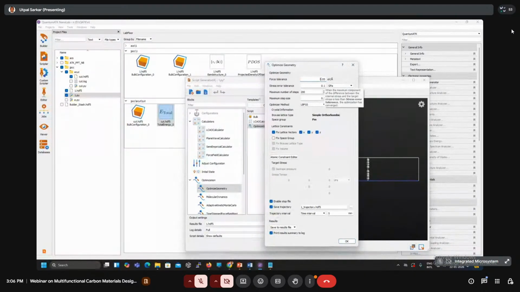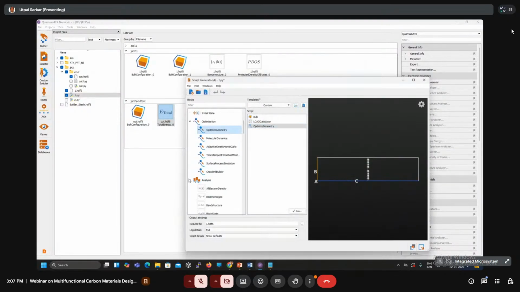So I am putting here the default values, and the one important part is you have to unfix the lattice vectors for doing the optimization. So here I am unfixing it, the previous lattice types. This part also you have to unfix it, and now this is the file name. You can go for save to save the structure, and also you can monitor the total energy of the optimized geometry. That's why I am setting the total energy part.